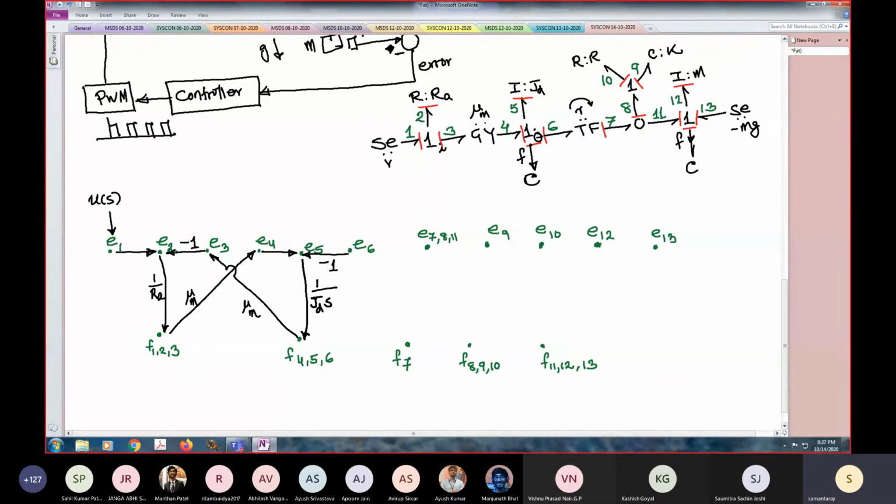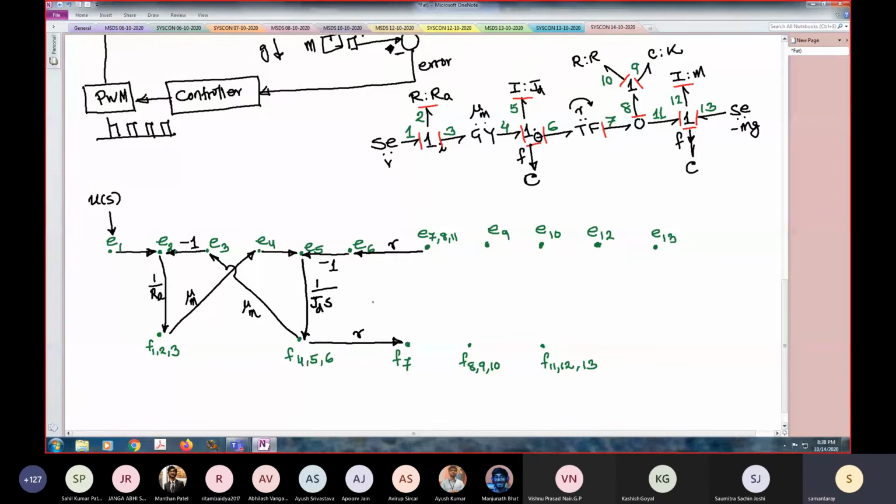Now we come to the transformer. So in this transformer, flow 6 is input, flow 7 is output, and the scaling ratio is R. And the reverse relation is effort 7 is input, effort 6 is output. So effort 7 to effort 6, the gain is again R. So you will see if mu m appears, in both places it will be mu m. You cannot have mu m in one place and 1 by mu m in the other. Likewise, if R appears, in both places it will be R, not 1 by R in one place and R in the other.